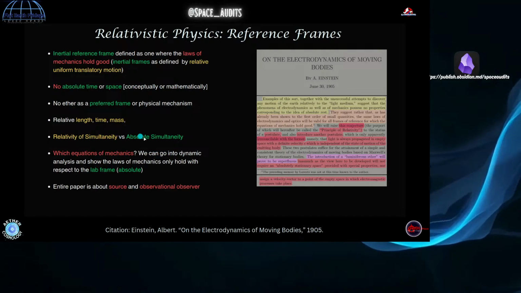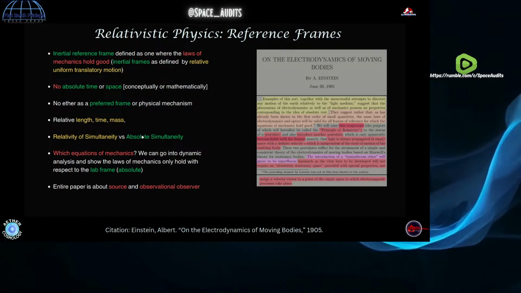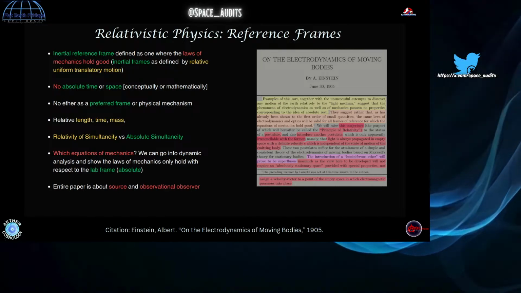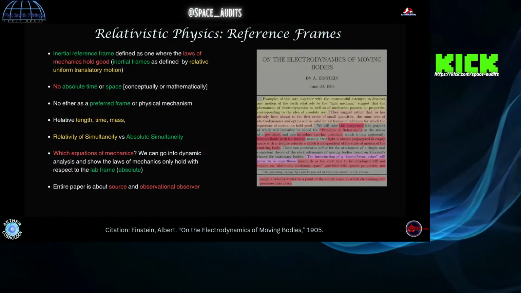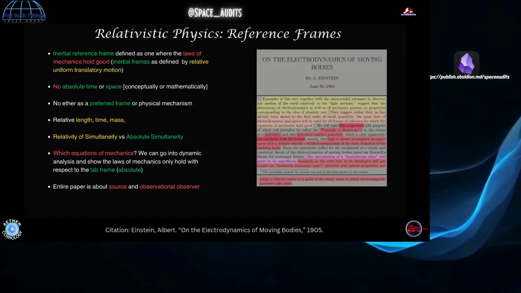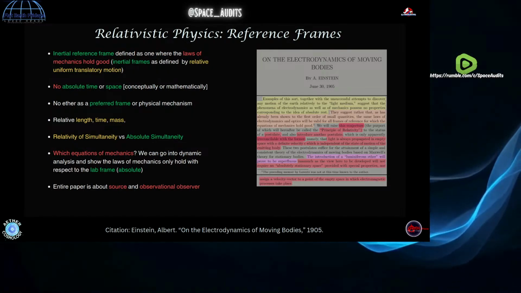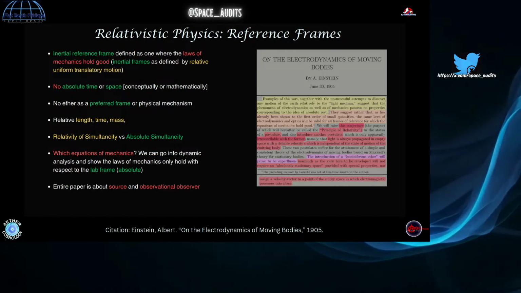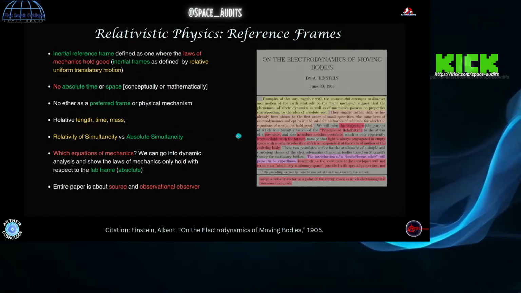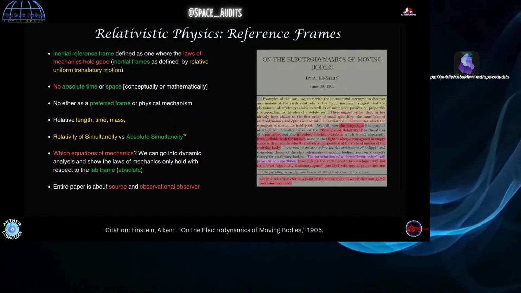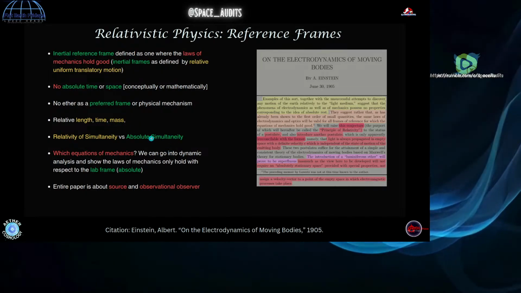When we get into relativity of simultaneity versus absolute simultaneity, in the classic view, a relativity of simultaneity would be an apparent effect, right? Now Einstein's going to propose it as a physical outcome, because spatially separated events in relativity theory are not causally linked to time dependent frames. What this means is, if the laws of mechanics and all this hold good in these frames and they're indistinguishable, then the sequence of events that occurs in them also must be indistinguishable.